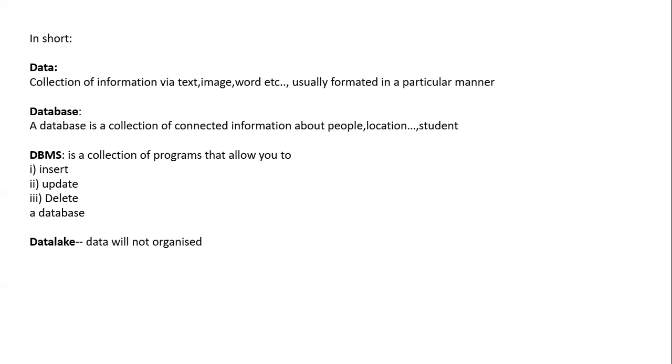I just want you guys to quickly introduce yourselves, and then we'll start with the data warehouse concept. Just tell me your name, where you are from, and your background: whether you are working in IT or are a fresher, and if experienced, how much experience and in which field.